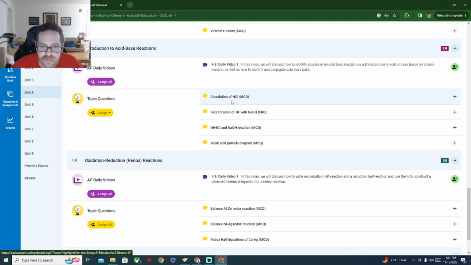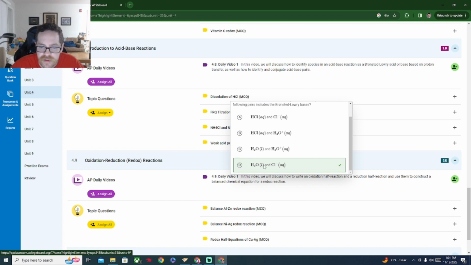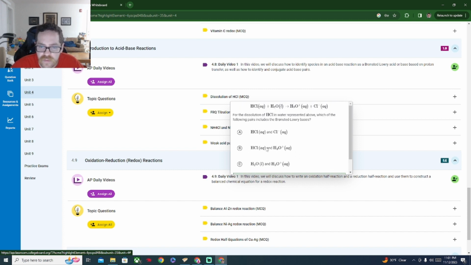Dissolution of HCl. Down here. Which of the following pairs includes a Bronsted-Lowry base? So, includes the Bronsted-Lowry bases. So, Bronsted-Lowry bases are proton acceptors. They are chemicals that will accept a proton. Going in this direction,